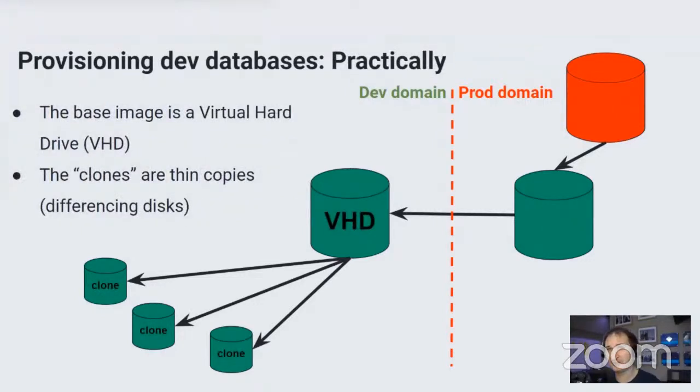How could we make it a bit easier on ourselves by looking at the various virtualization technologies that are built into our operating systems. If you're running on Windows, we're talking about setting up virtual hard drives and creating differencing disks against them. That's kind of a thin copy. It's basically just a pointer. I'm tricking my local system into thinking that it's running the same version of the code that's on the remote system, and any changes are stored locally, which gives me the experience of having a full fat database on my